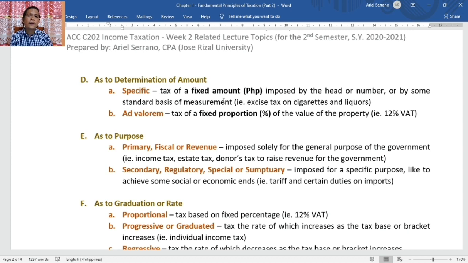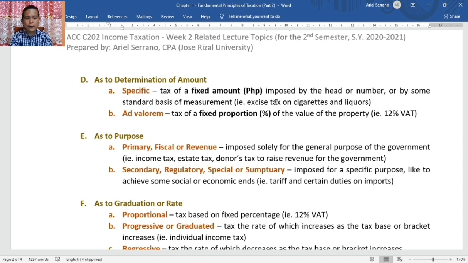So, halimbawa, sa mga sigarilyo, meron kasi tayong mga excise taxes na every year nagbabago. So, kunwari sa isang kaha ng sigarilyo, ang pinapataw na buwis ay 10 piso. Example lang, ang tawag natin doon ay specific tax. So, sa kada kaha. Pero, yung fixed proportion, percentage. So, kaya nga yung value-added tax, that is an example of ad valorem. Kasi 12% naka-fix siya. Okay, so yun yung pinaka-common na example.